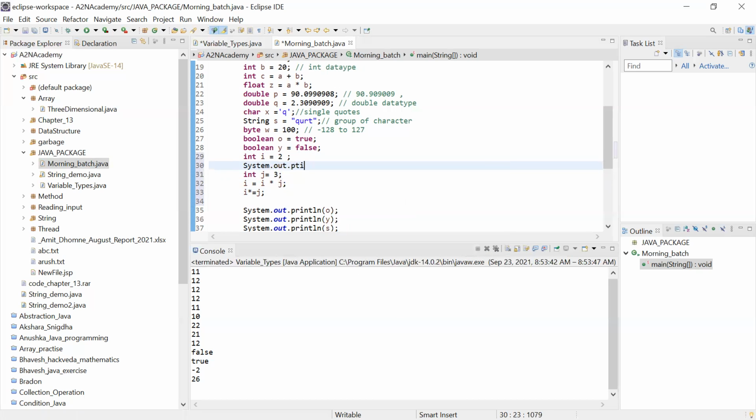This comes under assignment operator. Now let me run this.